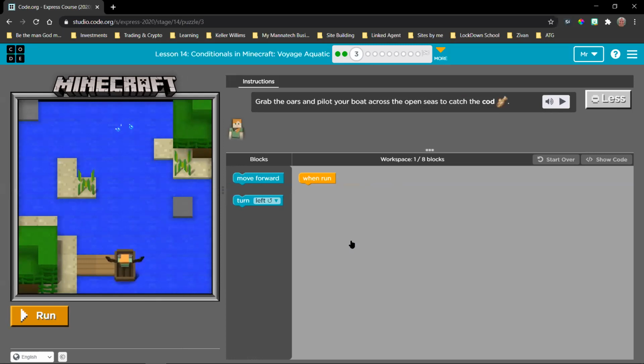So here it says, grab the oars and pilot your boat across the open seas to catch the cod. For this one, we literally have to put this down 7 times.